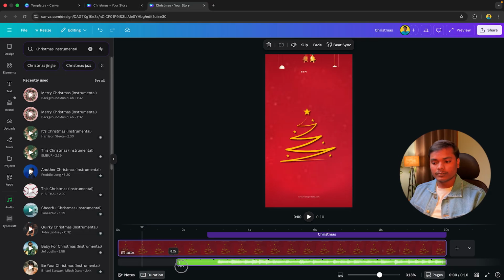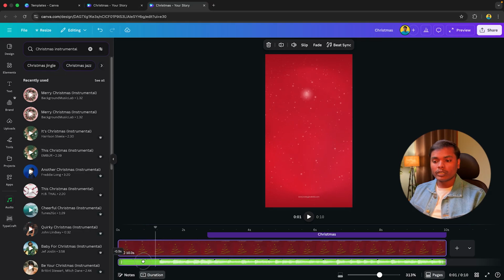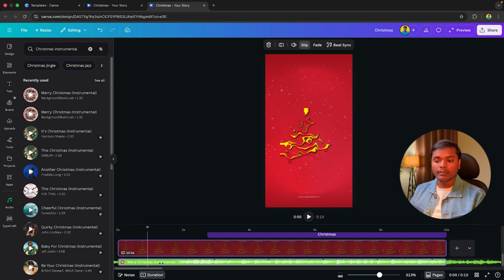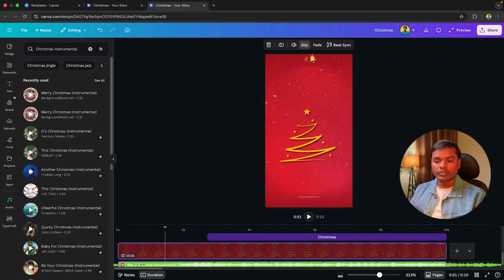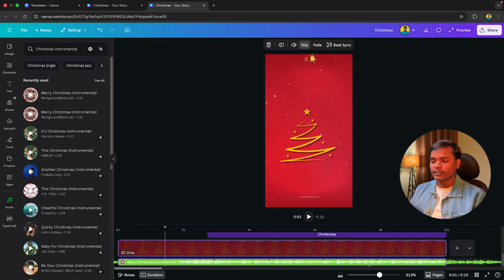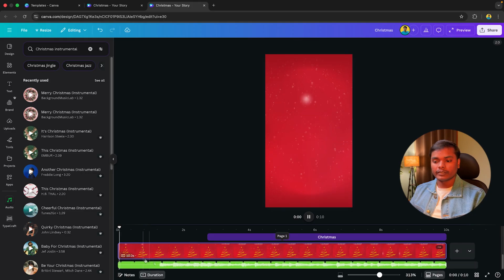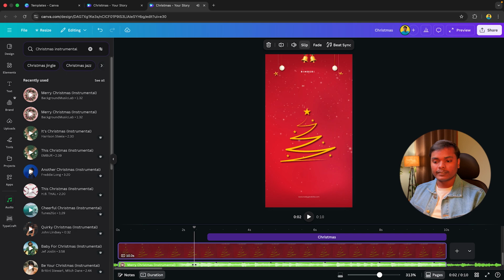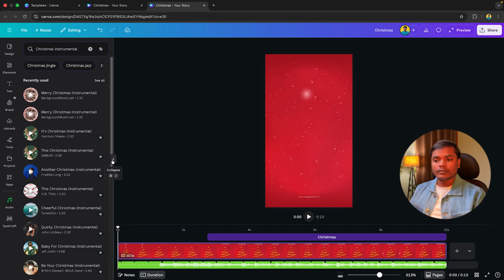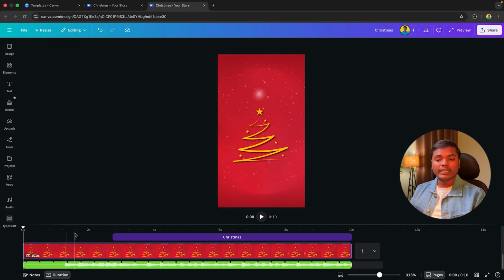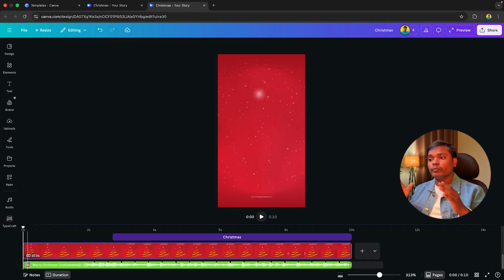You can just drag it like this, and you can trim the audio also, by double clicking on it. If you double click on the audio, it will look something like this. You can adjust the audio just by dragging like this, and then you can start playing it like this. One thing more, I will tell you about the audio track. If you play the audio, you will see that the audio is starting from scratch, and it looks like the video is starting from somewhere in the middle.